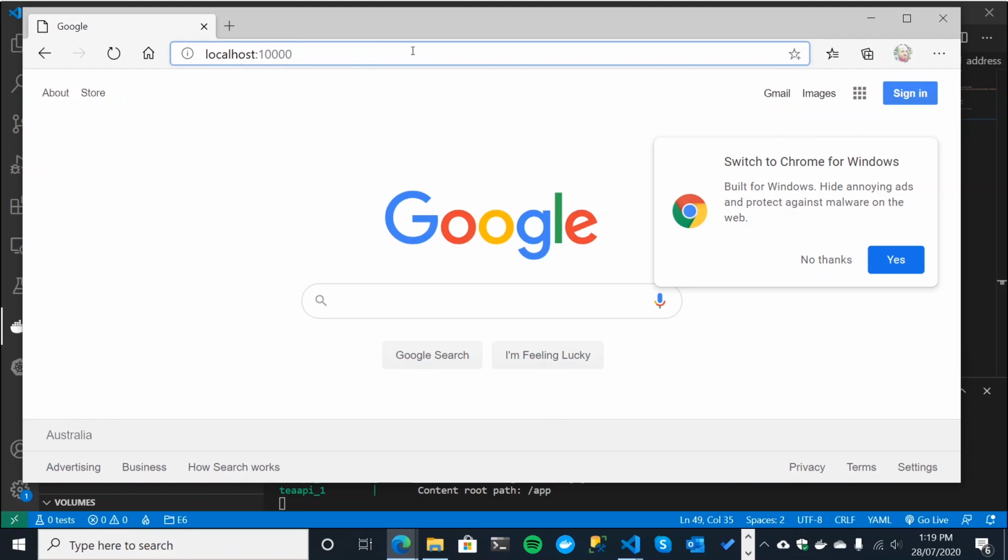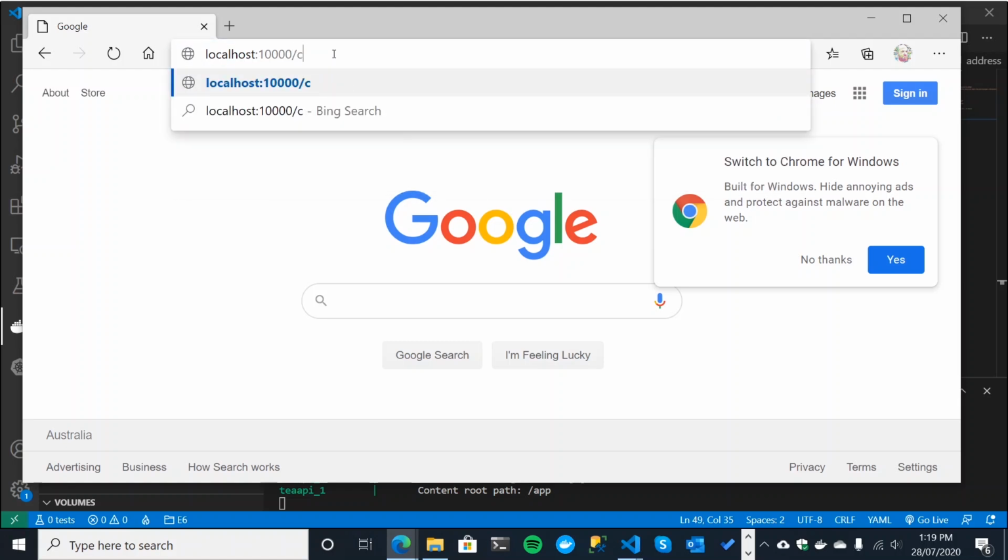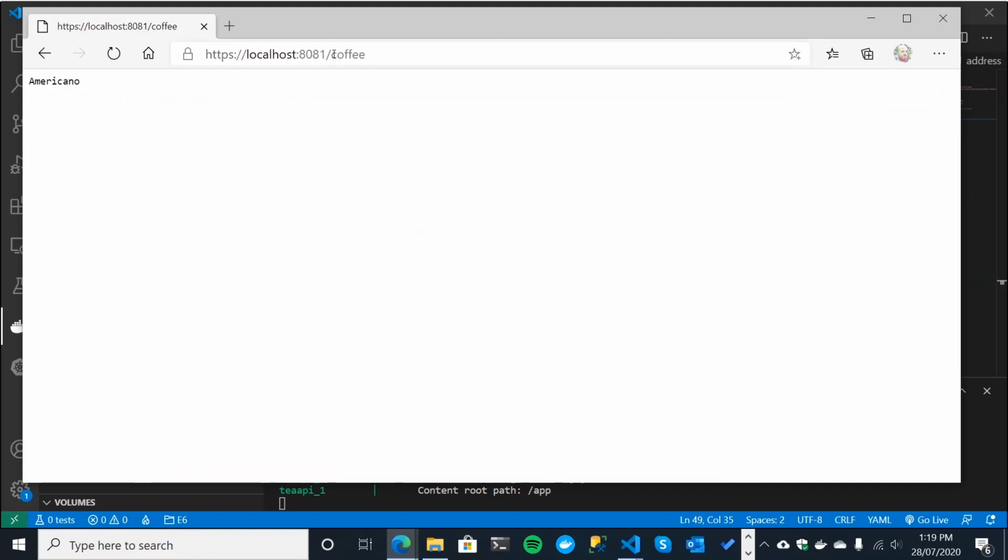Now we want to go, yes, to our Envoy gateway, but this time we want to provide /c, and it should, hopefully, there we go, over to our endpoint, and it's serving us up an Americano. Very nice. I could do with one of those right now. Now you can see what's actually happened though, because we've still got HTTPS redirection within our API. It has redirected, and you can actually see the actual address of our API. It's kind of rerouted. Now when we introduce HTTPS into Envoy, that won't happen. So we'll come back and we'll deal with that in a bit.